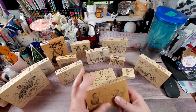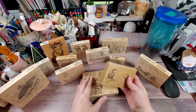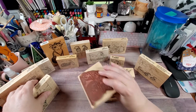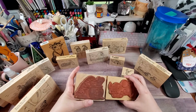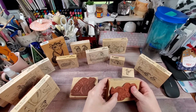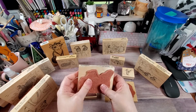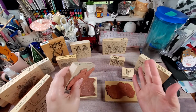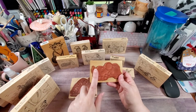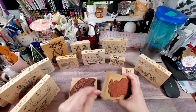Anywho, this one here, I don't think it's been stored in the best of conditions. I think it was probably stored near a window, because if you look at the rubber, well, even with this one, you can tell the rubber is different. It was very hard when it got here, like super, super hard. You can see these ones are kind of soft. I mean, I'm telling you that, but if you've got rubber stamps, you know what I'm talking about. Well, anyway, this was very, very hard, and it has actually really softened up. And what I did